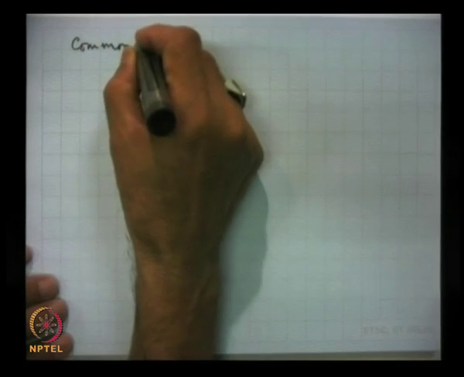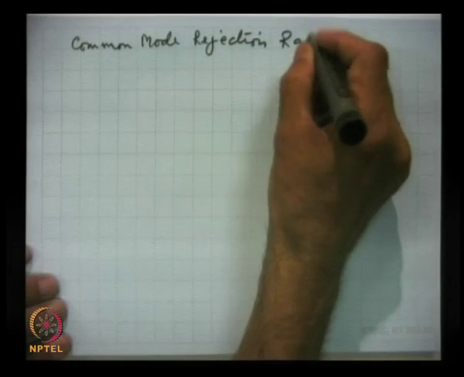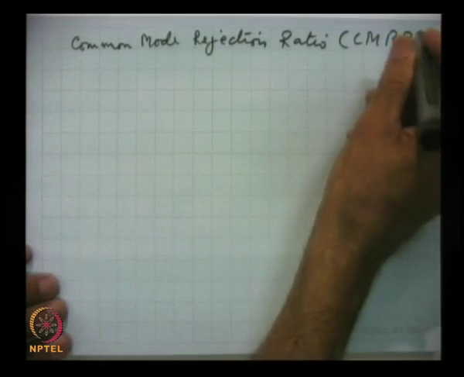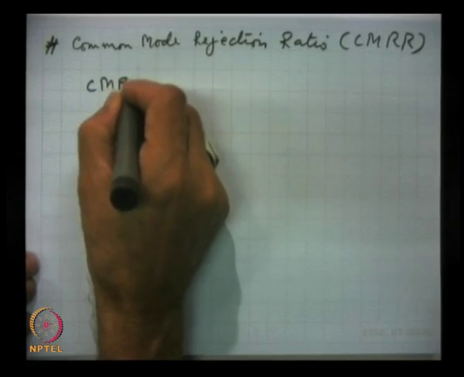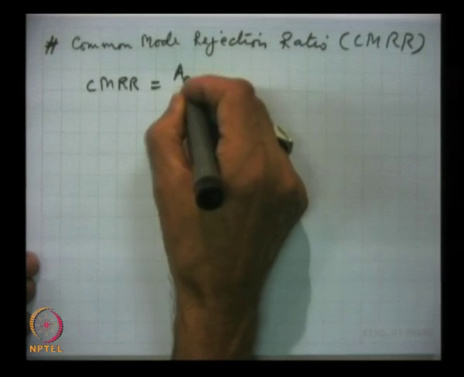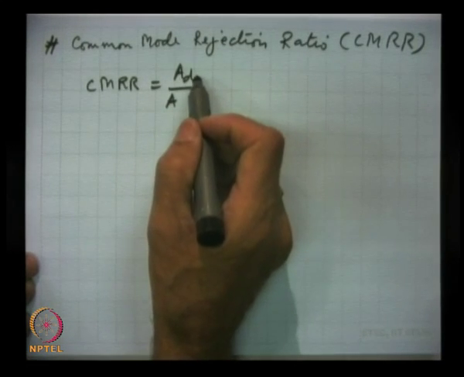Now, we take a very important characteristic for operational amplifiers. Two characteristics are quite important. One was the common mode rejection ratio, CMRR. This we have talked about when we talked about the differential amplifier. CMRR is defined as the ratio of the gain in differential mode and the gain in common mode,